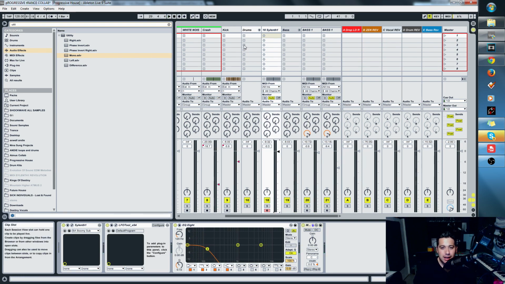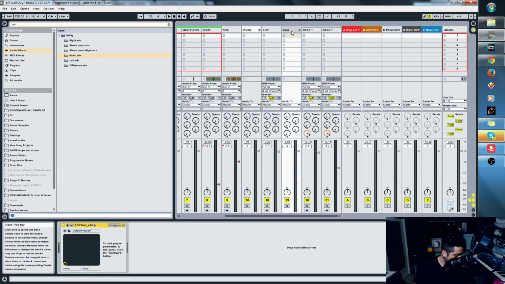Now the reason I put more sidechain on the sub was because it wasn't letting the kick hit true, and we are going to do more things to the sub in order to do that in a future episode. But for now, let's just focus on our